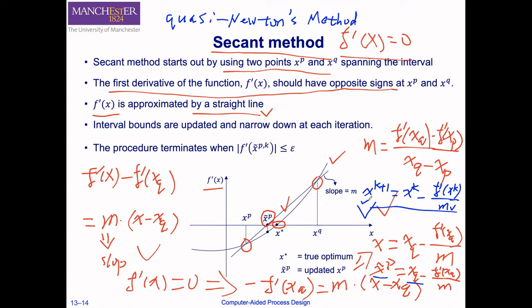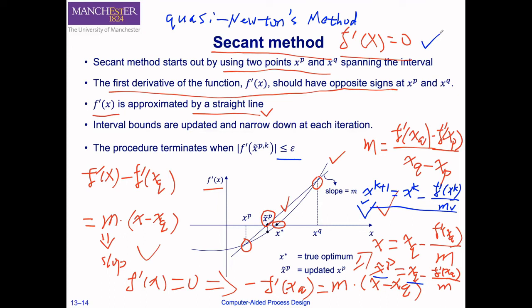If the absolute value is less than or equal to the specified tolerance, then we can stop and find the root for the equation f prime x is equal to 0, and also find an optimum of the original function